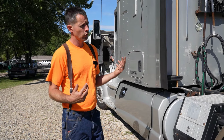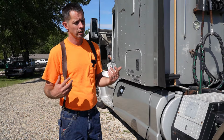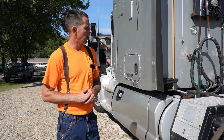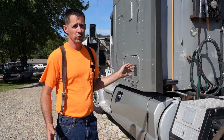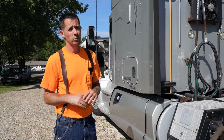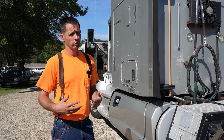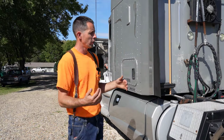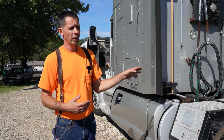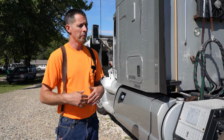So a lot of guys look at mileage. I don't look at mileage as much, as an engine mechanic. I look at engine hours. This truck's got 760,000 miles on it, but it's only got 16,000 hours on it. So typically between 20,000, 25,000 hours, that's when you're going to be due for an in-frame rebuild. So I've seen trucks out there that only got 450,000 miles on them, but they don't have an APU on them. They've got 20,000, 22,000 hours on them,